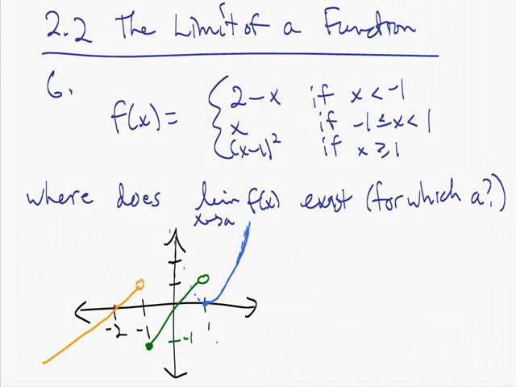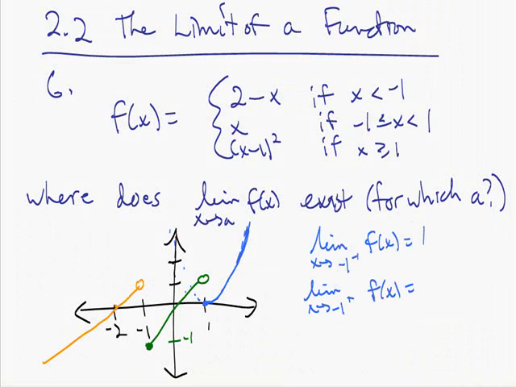So for what values of a does the limit exist? Well, does the limit exist for anything less than negative 1? Certainly it does, because the function is defined and continuous there. Does it exist at negative 1? Well, no, because you can see the limit as x approaches negative 1 from the left of our function f of x is equal to the y value here of positive 1, whereas the limit as x approaches negative 1 from the right